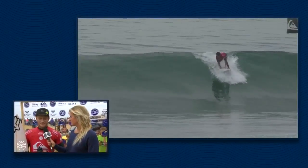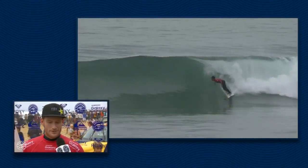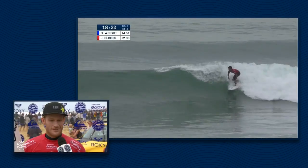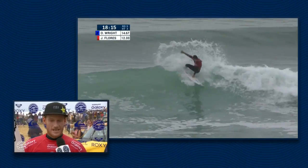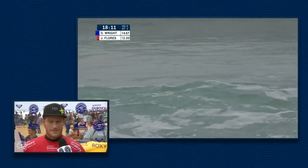Yeah, I think there'll be some fireworks as long as the waves show up. Yeah, very similar approaches. Both will show a power game, and like Mick's a great friend, but we'll just put that aside for that 30 minutes and have a good old battle. And Bede, with 3 events left on the tour, what is your goal for the rest of the season? Yeah, just to get on a roll for these last 3 events, and I came here really wanting to...